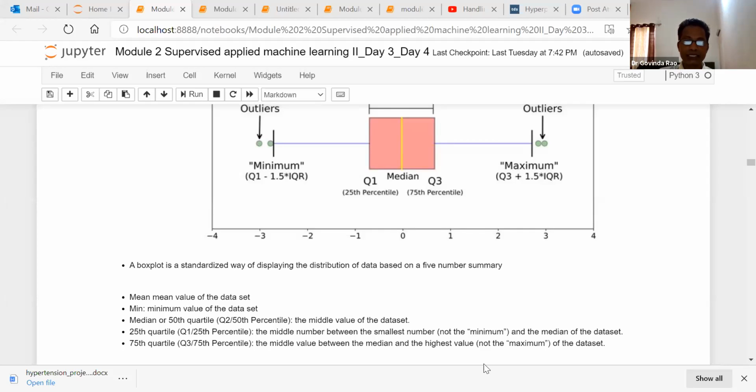Lata is asking about the difference between quartiles and n-folding. Folding is cross validation, for validating our model between training and testing. There we consider the n-fold criteria: 3-fold, 5-fold, or 10-fold.